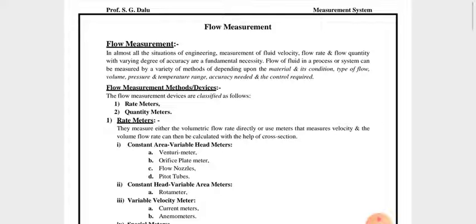In that we have studied zero order, first order equations related to the measurement system. Okay, then in the third unit again two parameters we have studied, that is pressure measurement and strain measurement. In pressure measurement we have studied what is pressure, what are the units of pressure, then how unit conversion will be done in case of the pressure measurement, then what are the different instruments used for low pressure measurement, high pressure measurement, and medium pressure measurement.